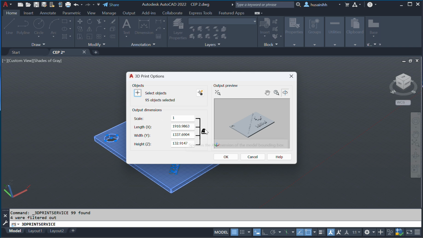at this output dimension, you can rescale your drawing size based on what you want to print. Okay, like the example, to decrease the length, or you want to decrease the width, or either one. Okay, just click OK. If you do so, just click OK,